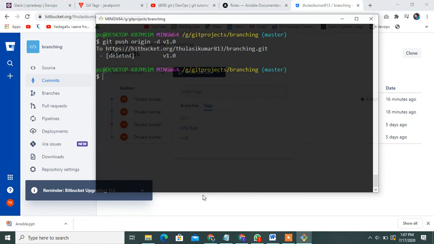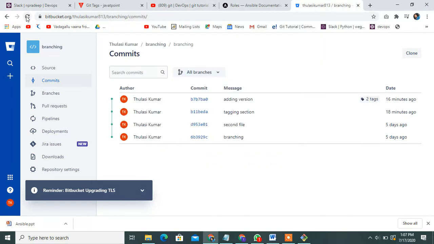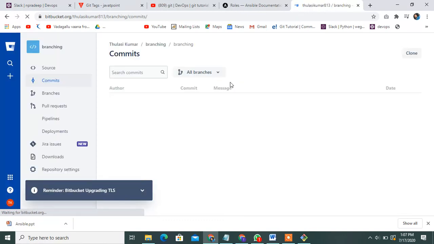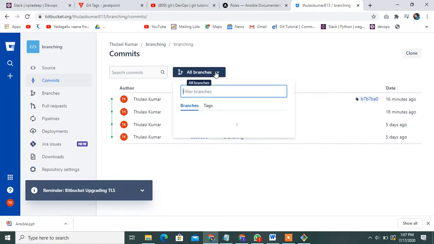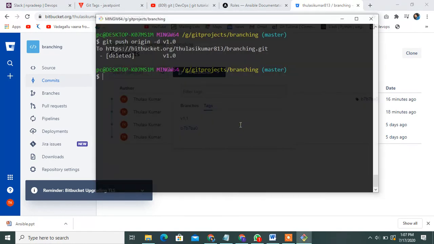Yes, is successfully deleted. Once check it, deleting or not. Once refresh it, can check these tags. Yeah, see, only two tags are displayed. One tag is deleted.